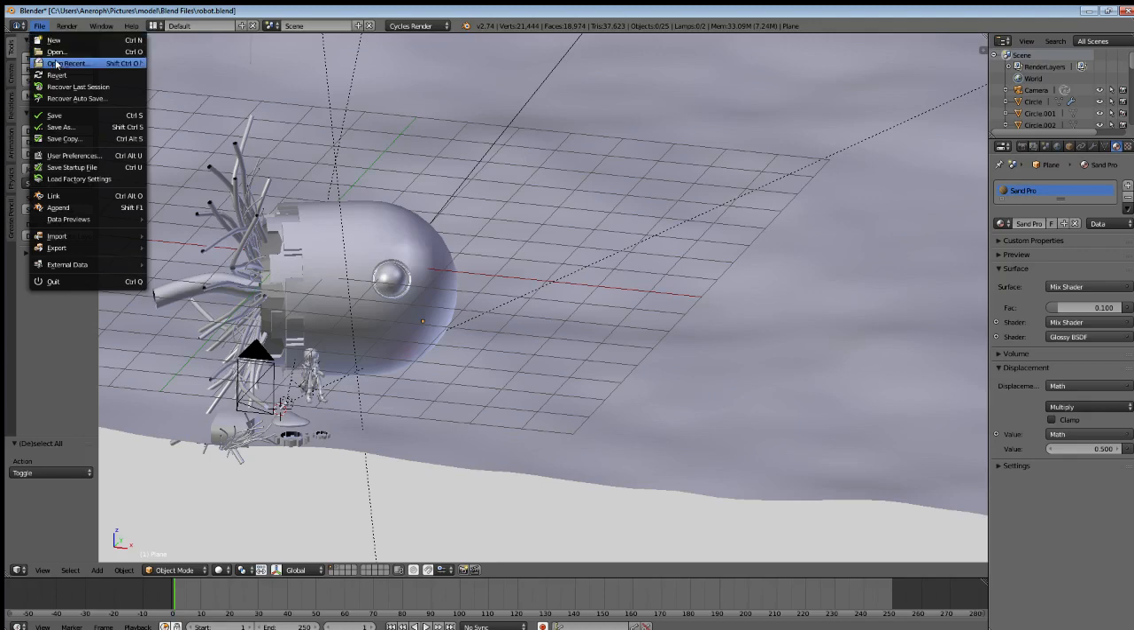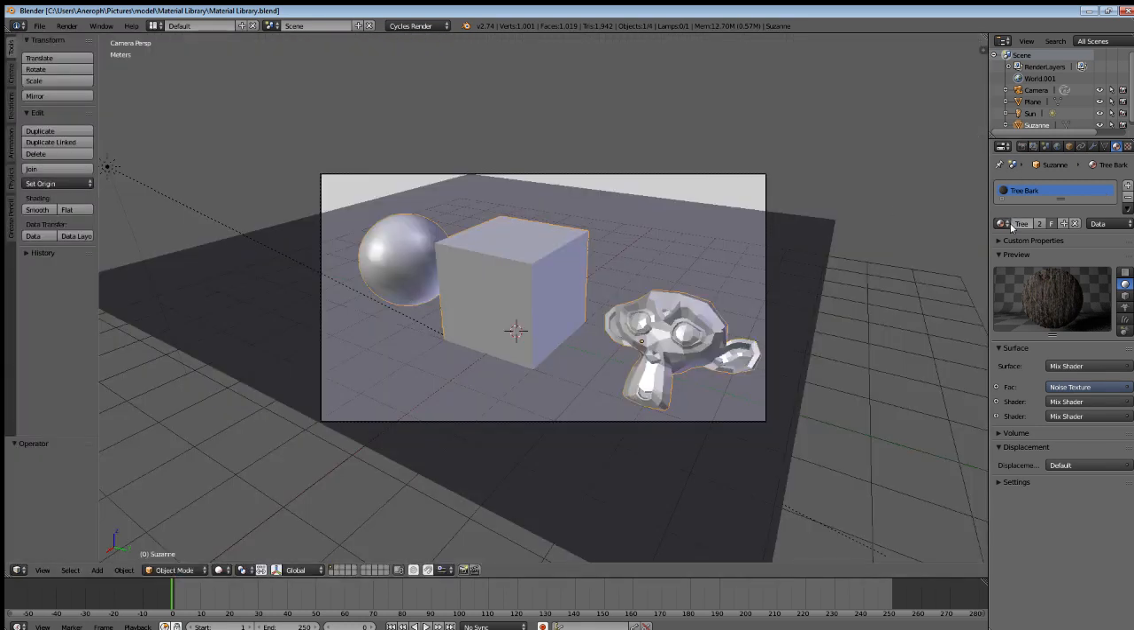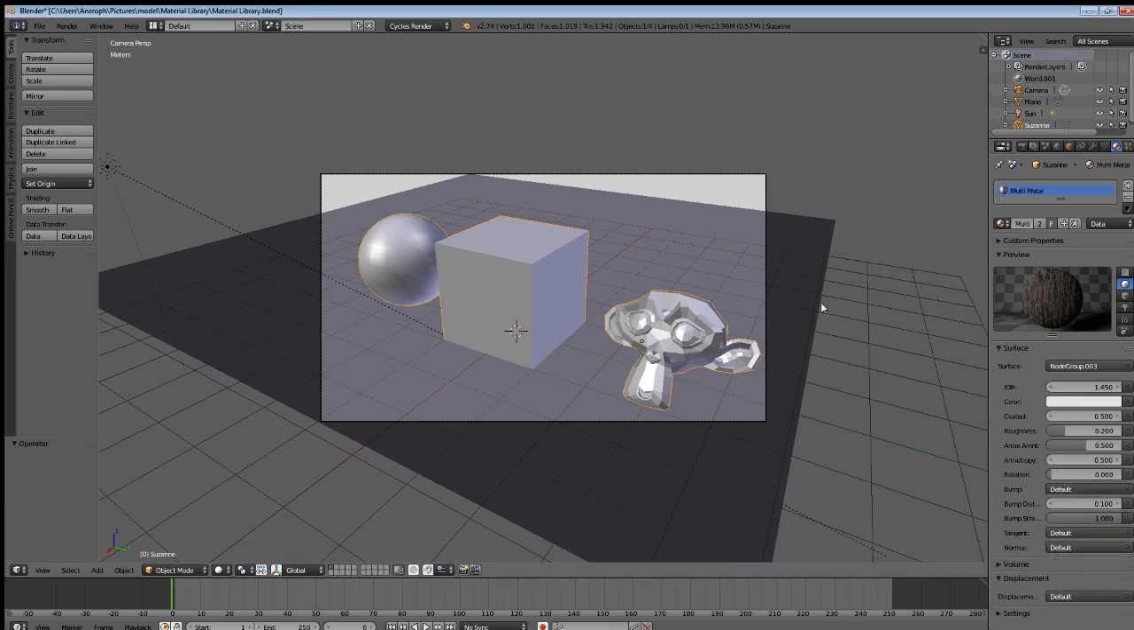Now I would like to reopen my material library, and it keeps going back to my node editor. Okay, so let me show you. Let's go with my multi-metal. So this is a material that I've created that allows me to create a lot of different types of metal using one basic material. So the idea behind a material library is not to just store a lot of materials